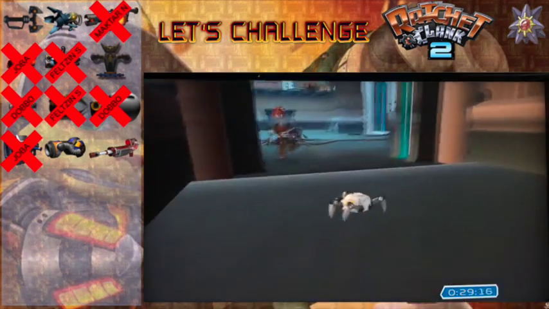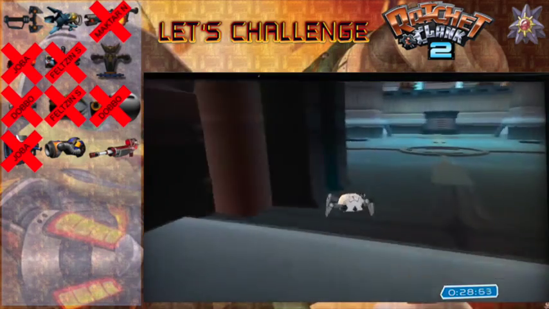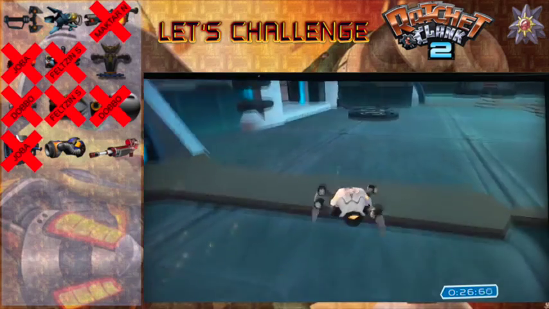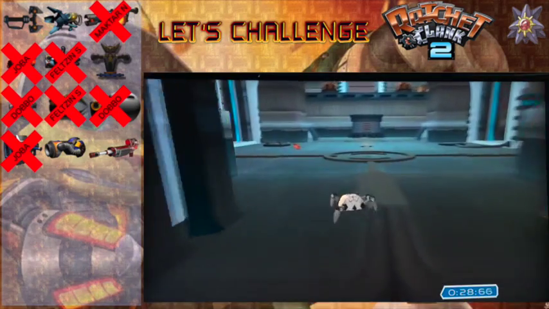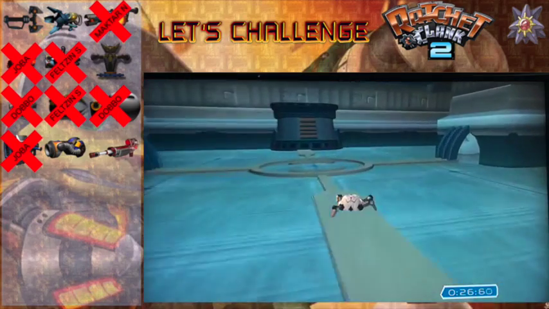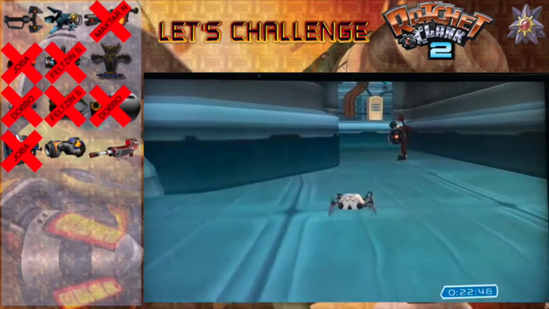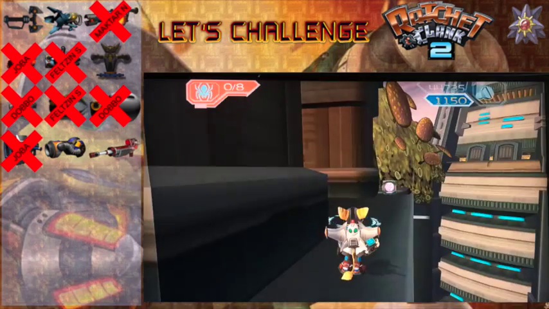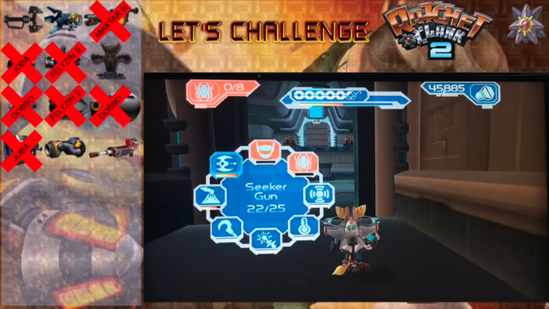So, these guys do not take them out in one. That's annoying. With a weapon as sort of, I don't know, niche, I guess would be the word I would use to describe how useful the spider-bot glove is, when you've got a weapon as niche as this, you want it to be able to take out these enemies in one go. Okay, so...